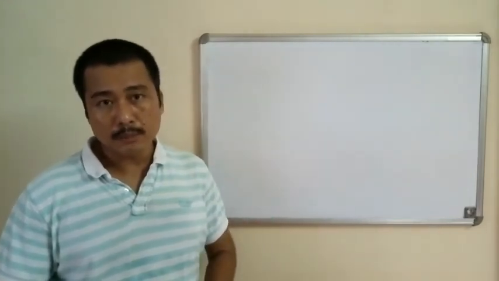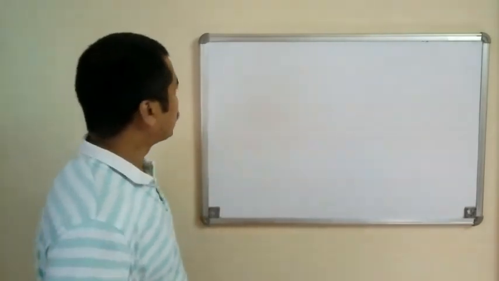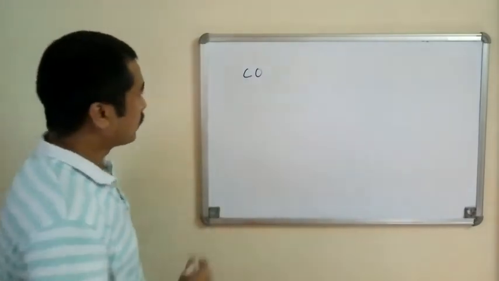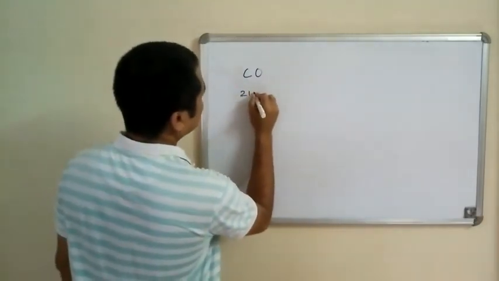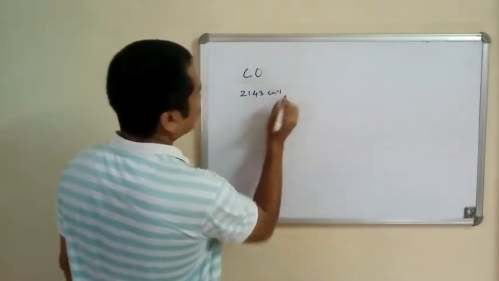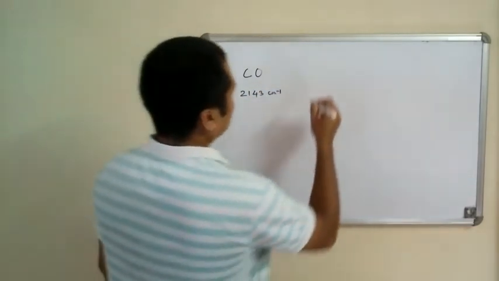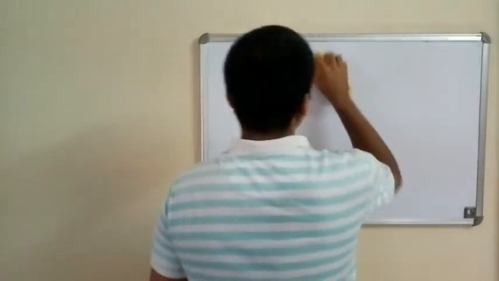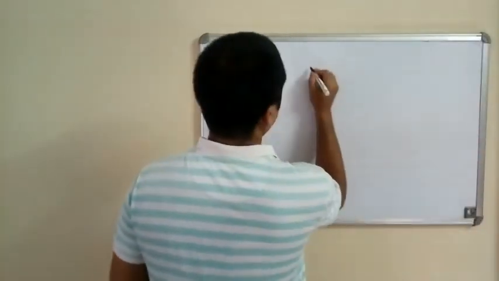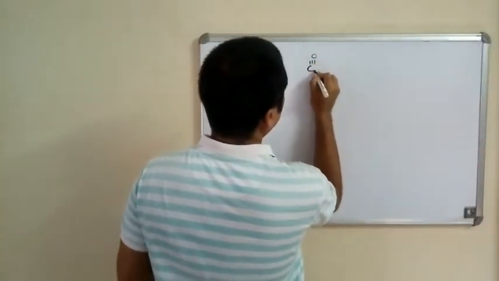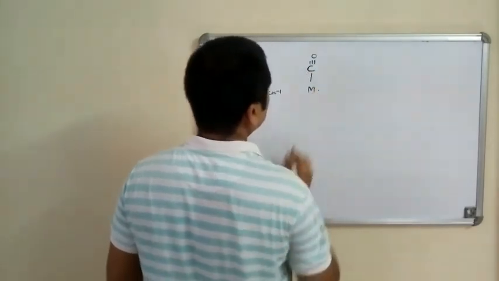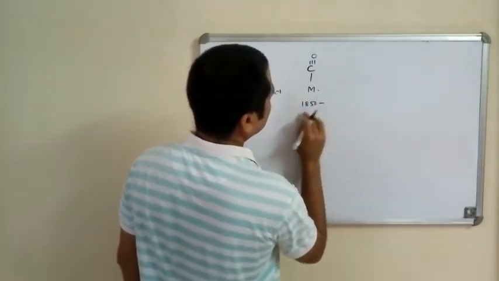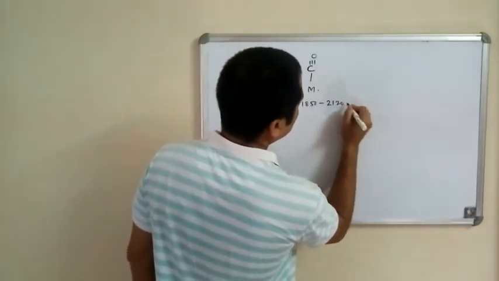So we'll discuss these things now. The first thing that we should see is that the CO molecule in the free state has its CO stretching vibration at 2143 centimeter inverse, while for the terminal binding mode of carbon monoxide, the CO stretching vibration appears somewhere between 1850 to 2120